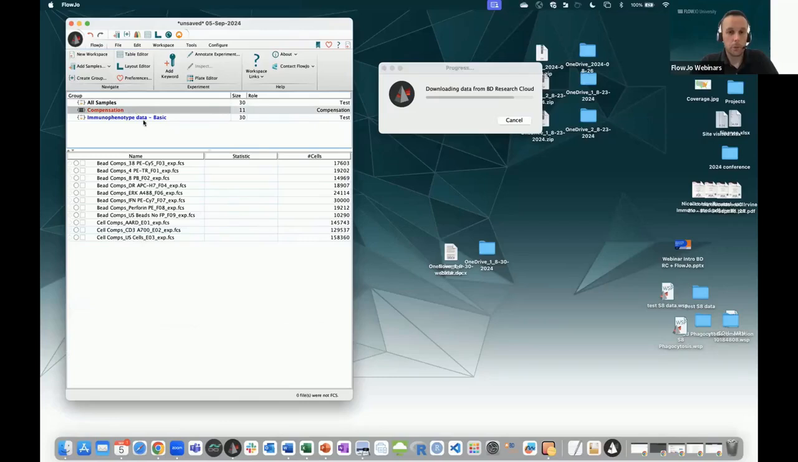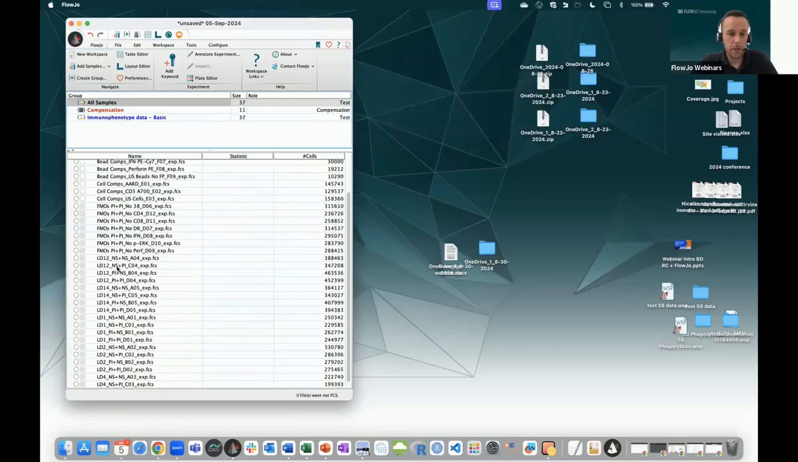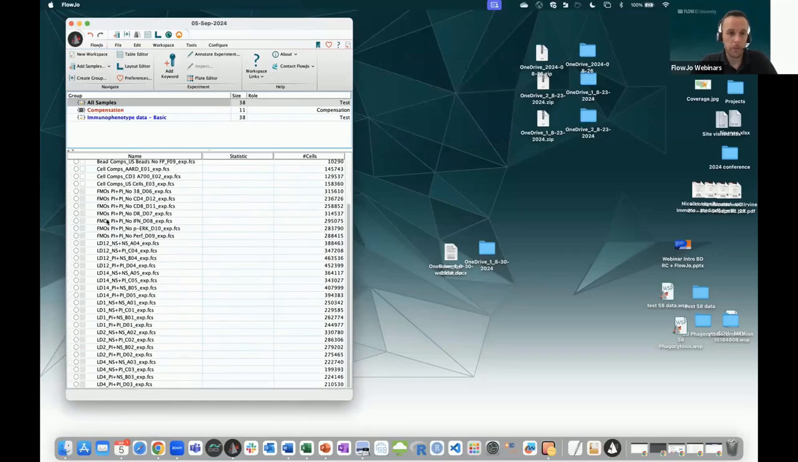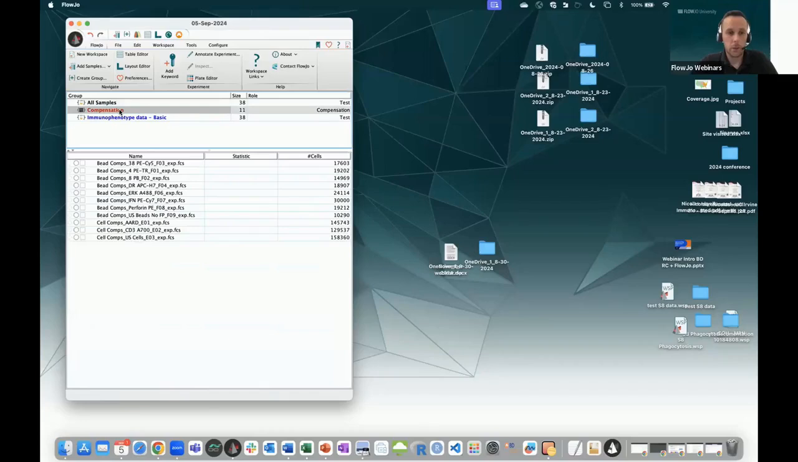All right, so I have my 11 compensation controls here, and if you look at my samples, if I click on all my samples, I have my comp, I have my FMO, and then I have my real samples labeled LD something. So my comps are labeled beads comp or cells comp, my FMOs are labeled FMO something, and all my real samples are labeled LD something. So you can see that FlowJo automatically has a compensation group, and it automatically put my compensation